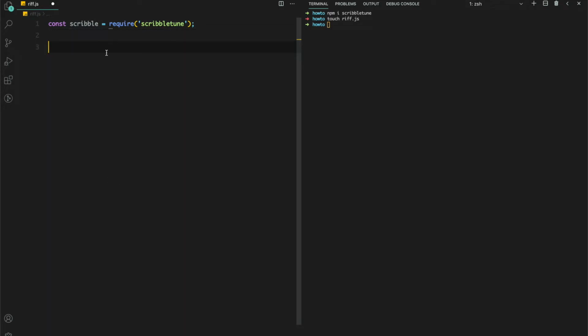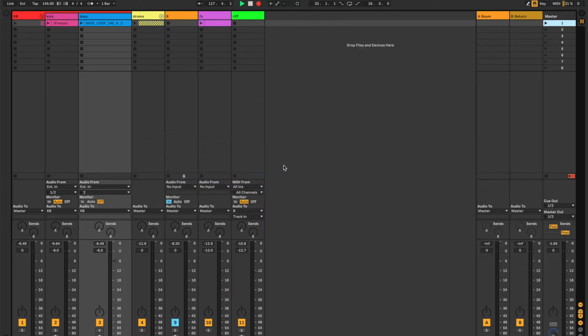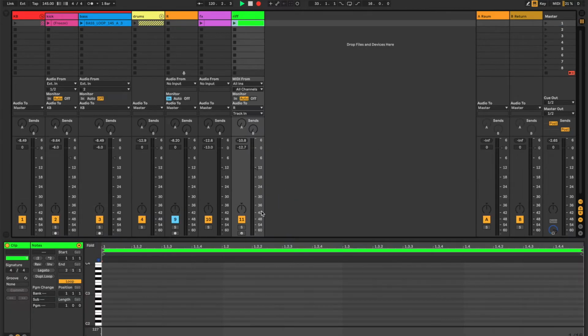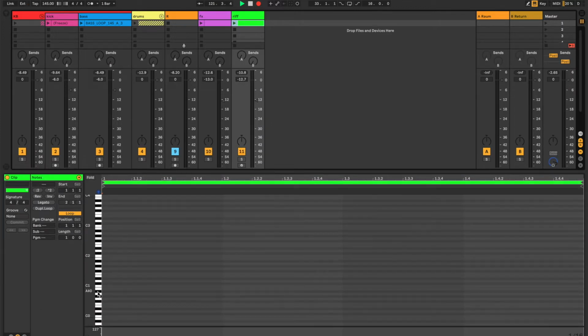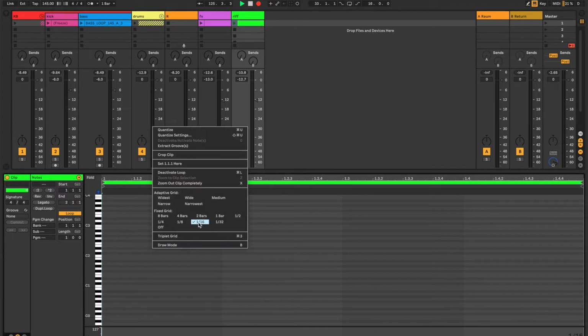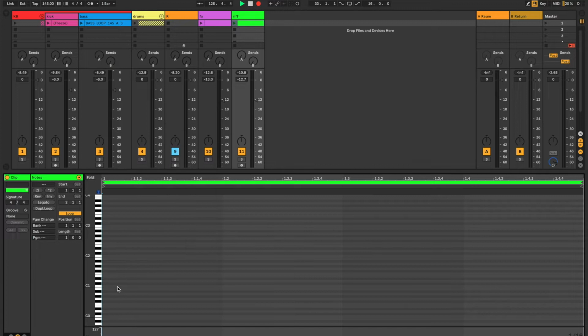So what I'm going to do is, before I write a script, I want to show you how to do this without a script. And this is a pretty common technique that people use while creating electronic dance music. It's not something new or certainly not something original, but this is what they do. So they start off with a 16 beat kind of a bar, and then they randomly click on notes like this. So I'm not really particular as to where I'm clicking. I'm just randomly clicking anywhere.